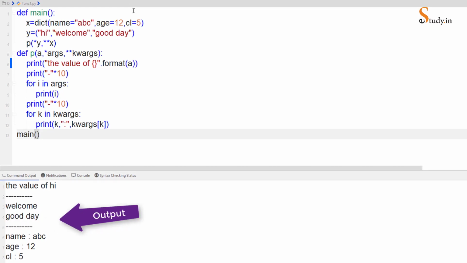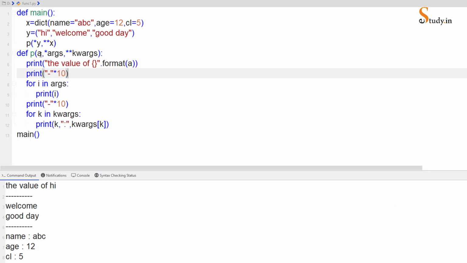So you see, when you print the value of a here, we have now one positional argument and then one tuple and one dictionary. I've just passed a tuple here and a dictionary here. Because these are variable number of arguments, the first argument by default will go to this a. So the value of a will be hi, and the next two will automatically go to this.